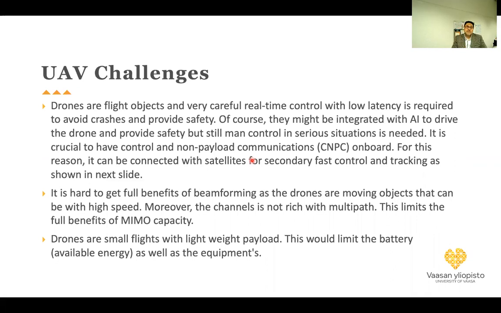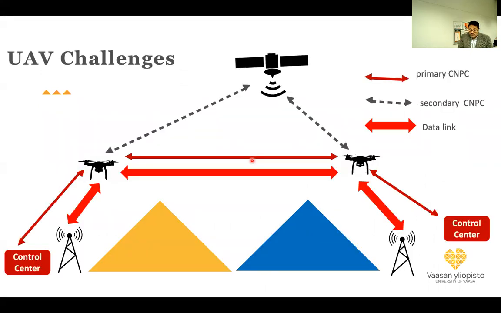So in that sense, we need very effective and efficient algorithms for using the RF part if we want to integrate these drones with a small base station, or at least the RF part, the radio part of the base station. So you can see, for example, here that we have the drones, and then we have the control center.